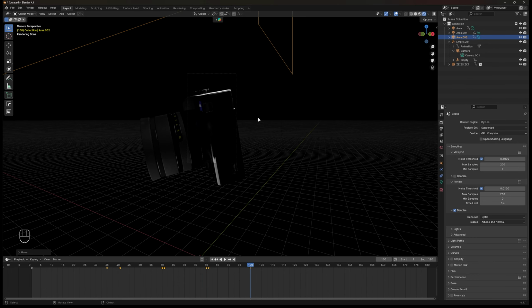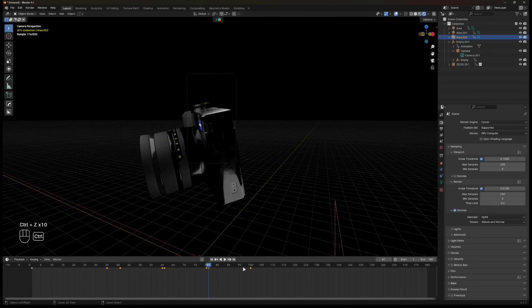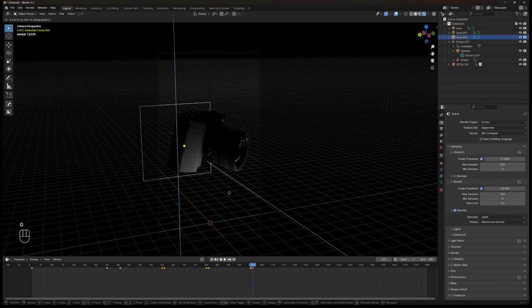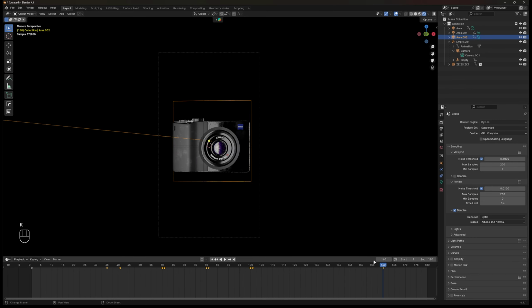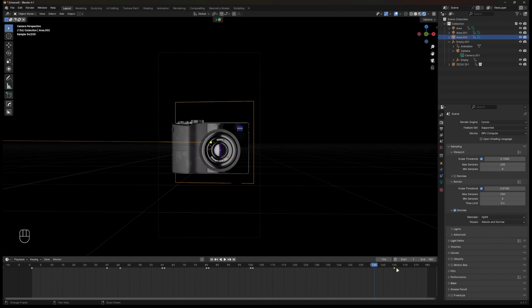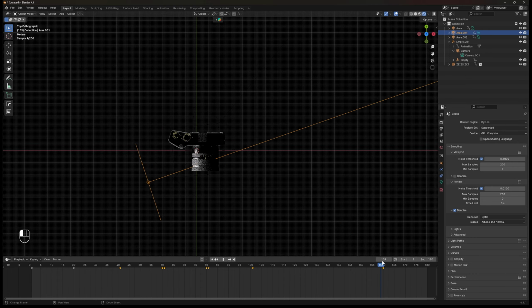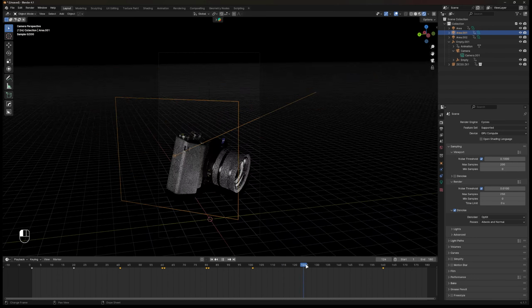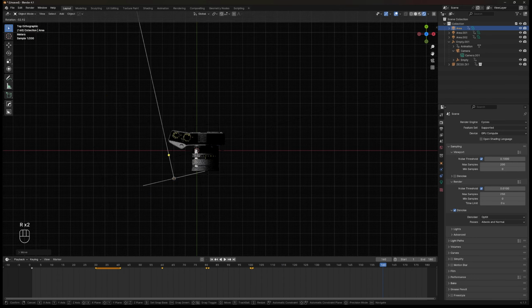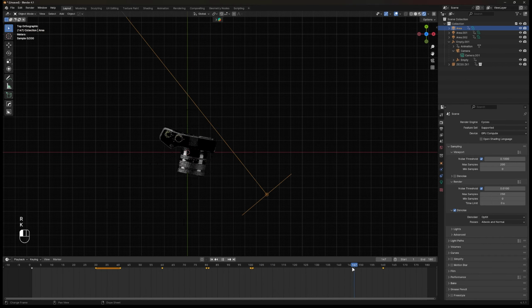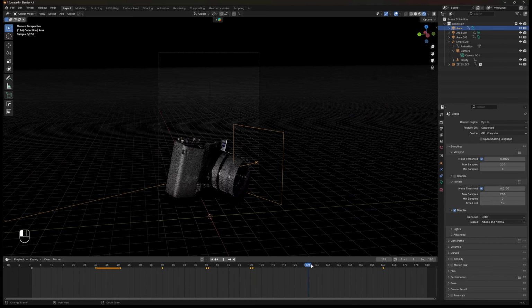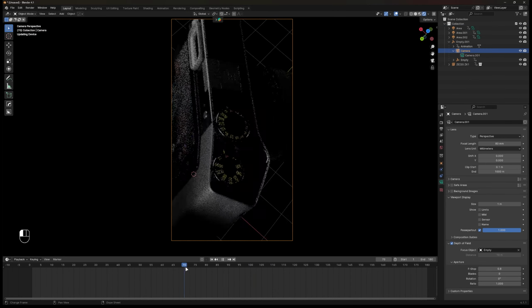To make that, I make the left area light move from top to down, and the right area light move from down to top, inside frame 81 to frame 100. For the backlight, I just rotate it and place it to fit on the back of the asset to make a bounce light to the top corner of the asset. For the last cut, I just animate the area lights back to their position while the asset is landing.